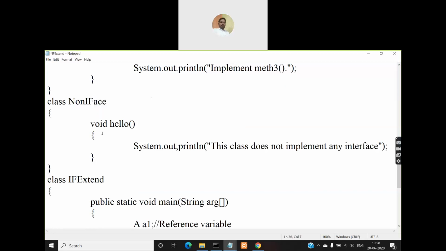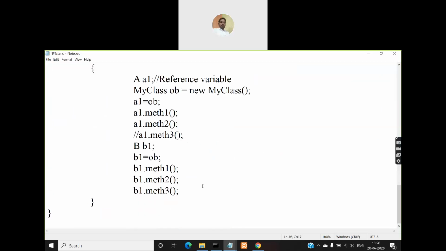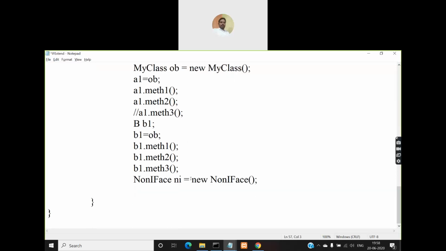In that I'm defining a method hello which displays the message: this class does not implement any interface. Now if I create an object for this class, say ni, I cannot assign this ni to the interface reference variable a1 or b1, because this class is not implementing either of those two interfaces, right?